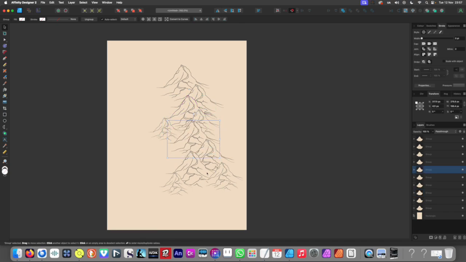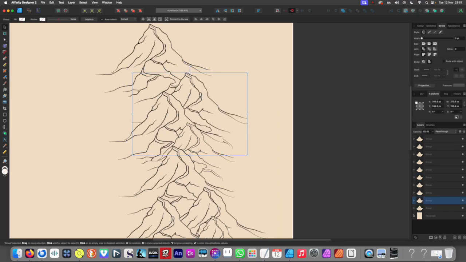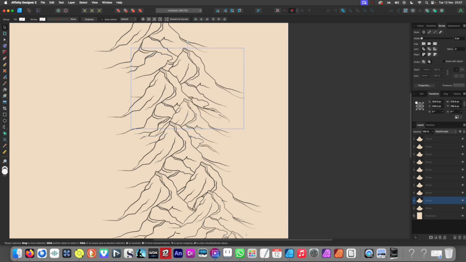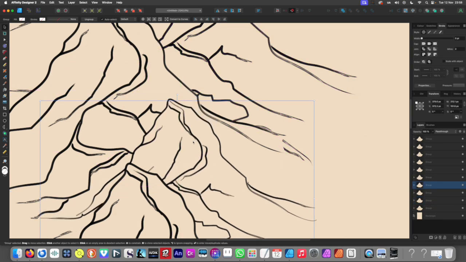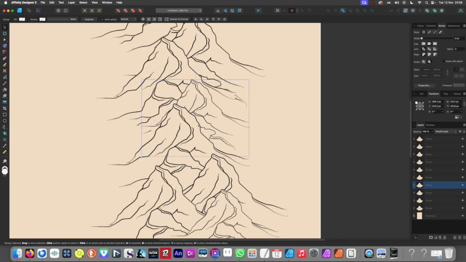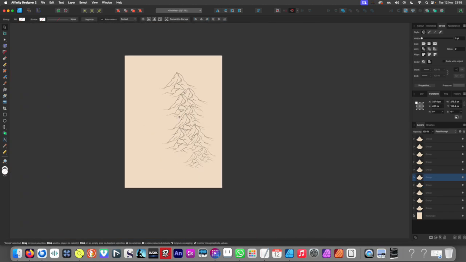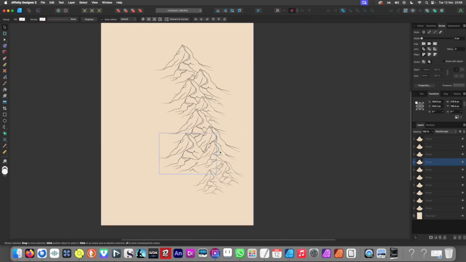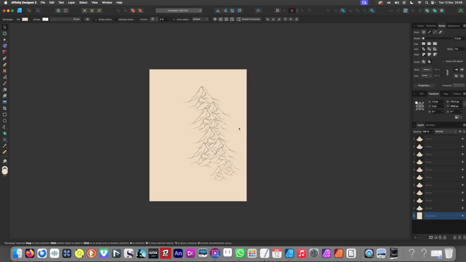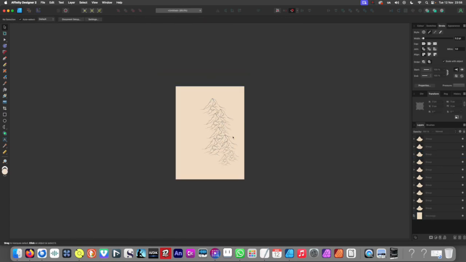slightly so it doesn't look quite so uniform. And just try and be aware of tangents like this. Oops, I'm trying to select this one here. Try and leave a bit of space so they don't look like they're just plonked on, which they are, but I'm doing it more for speed. So there we have a mountain range, and that would be, you know, the type of distance you'd see it